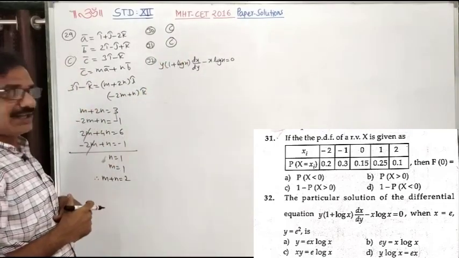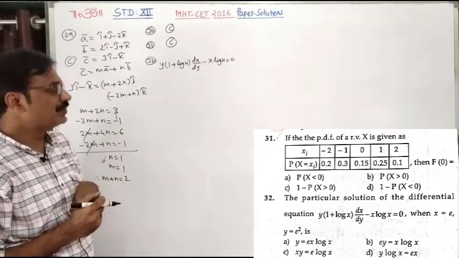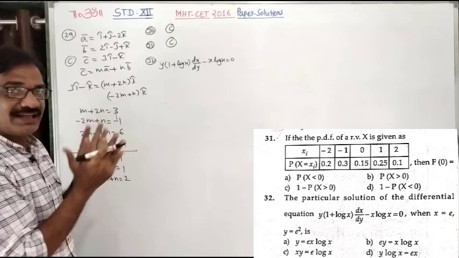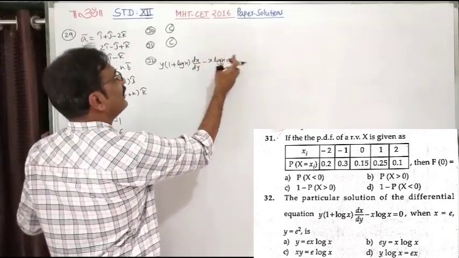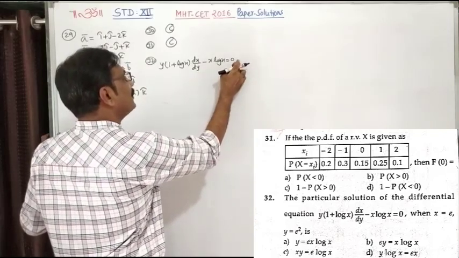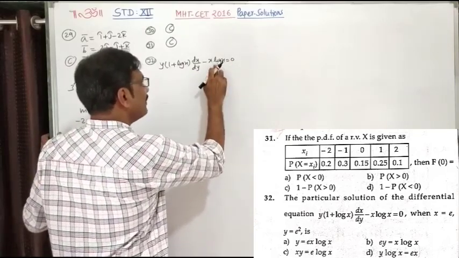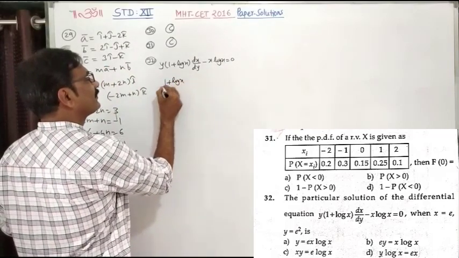Now look at this 32. It is a differential equation. You have to find the particular solution. Okay, first we use the variable separable method. ये आ गया भाई इधर, हाँ, ये dy इसके साथ, ओके, ये y नीचे, फिर ये इधर आ गया. So your answer is like this.